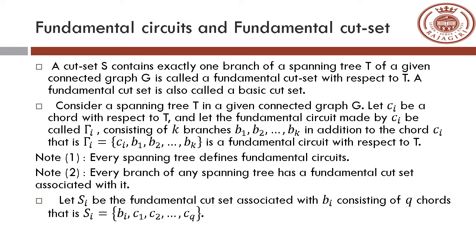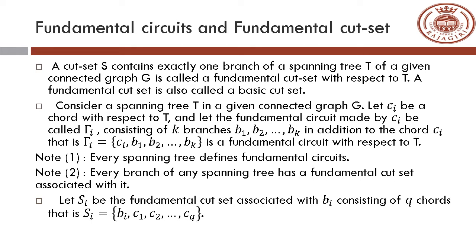That means if you form a subgraph of the given graph G which is a spanning tree, then the edges of the spanning tree are called branches, and the remaining edges in G which are not in T are called the chords of the graph G. A fundamental cut set is a minimum set of edges whose removal from G will disconnect the graph. That cut set contains exactly one branch of the spanning tree and the remaining edges will be chords of the graph G. Such a set is called a fundamental cut set.